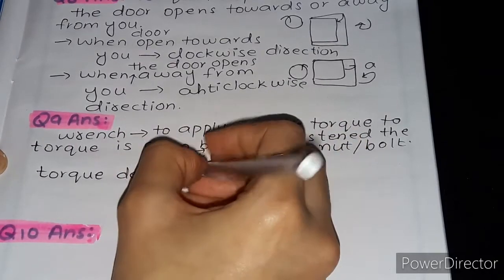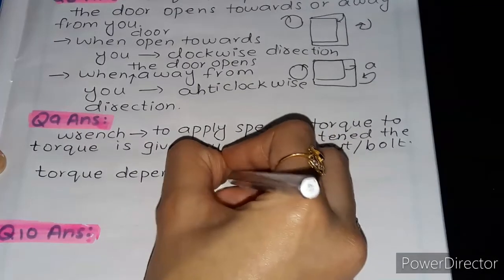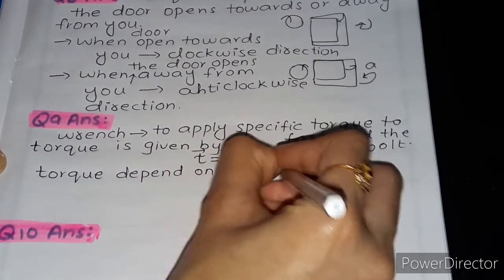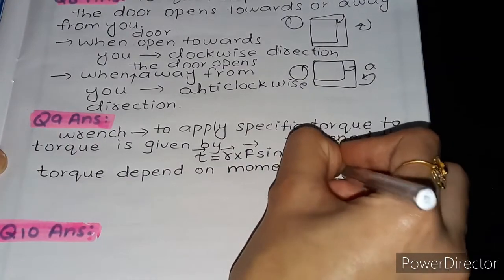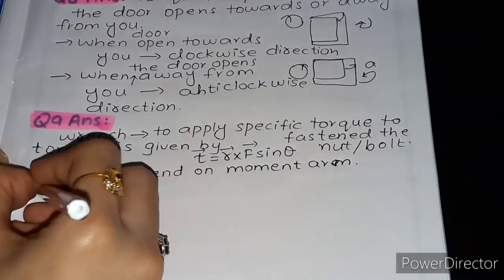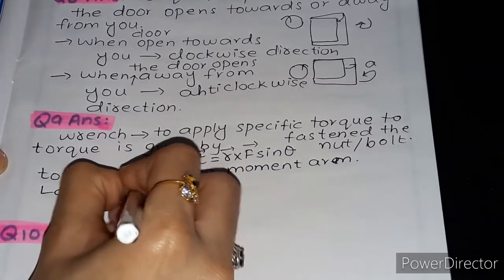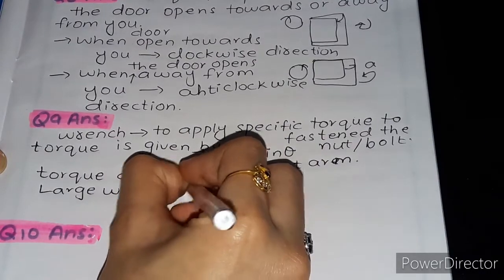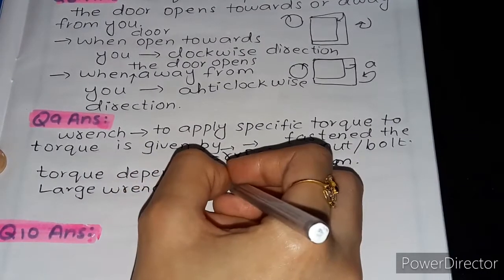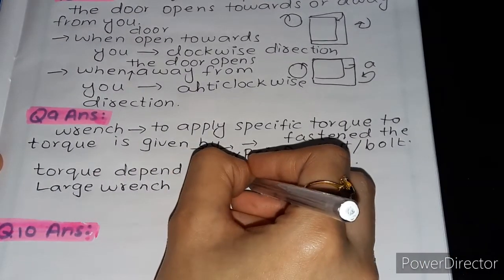A large wrench can cause a large moment arm,